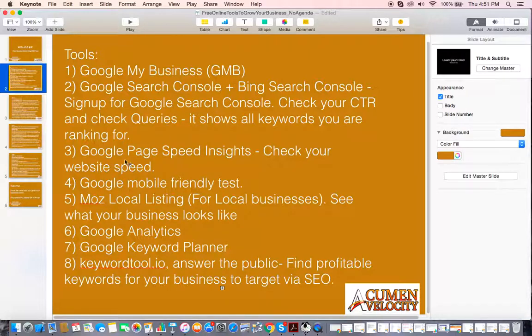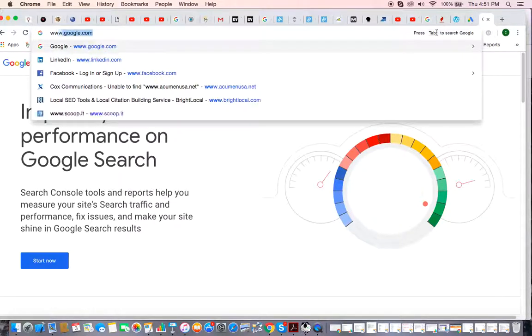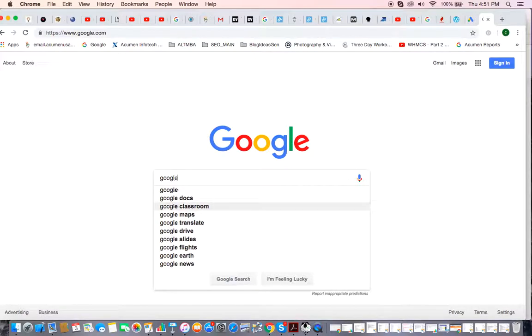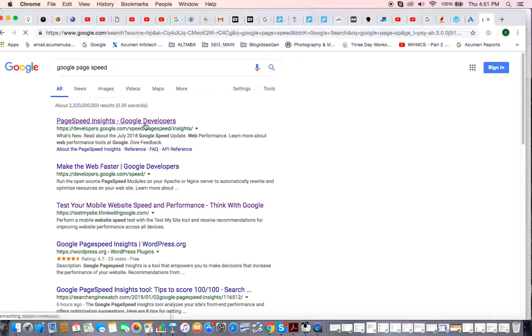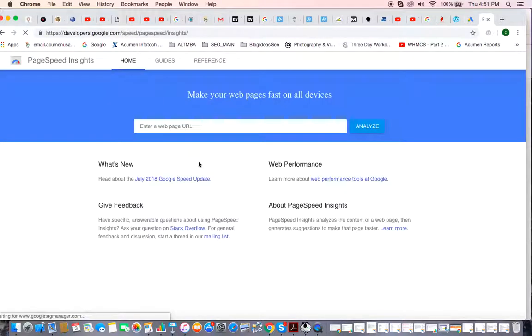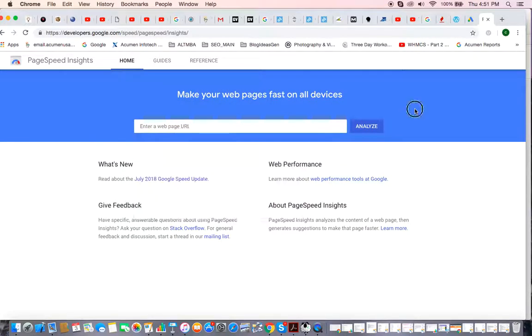The next thing is Google Page Speed Insights, which checks your website speed. Again, completely free. Go to google.com and check Google Page Speed Tool, and you'll see that the first thing that comes up is this Page Speed Insights tool. Same thing. Put in your website information in there, and it'll show you how fast your website is, and it'll even list out what are the issues that Google is seeing for your website. If you're able to fix those issues, then your website will have a better authority in Google's eyes,